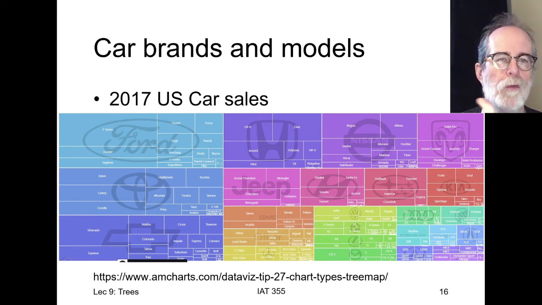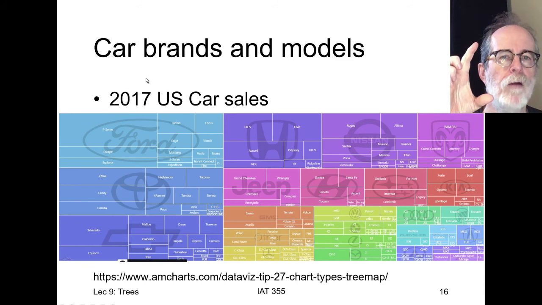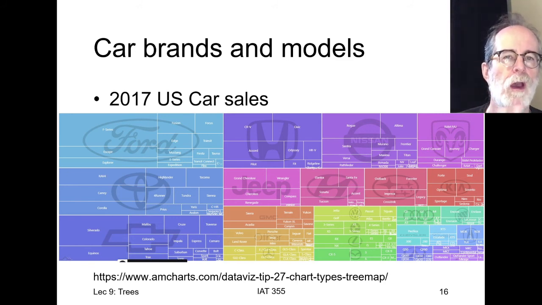This is a screenshot that I took of the thing at AmCharts. DataViz tip 27, chart type TreeMap, depicting car sales in the US in 2017. It takes a newer TreeMap approach, instead of cutting horizontally and then horizontally within that, because this is a kind of broad hierarchy, where there are a bunch of car manufacturers, and below that are a bunch of models of automobiles. So what this is doing is taking a horizontal slice first, and then within that space